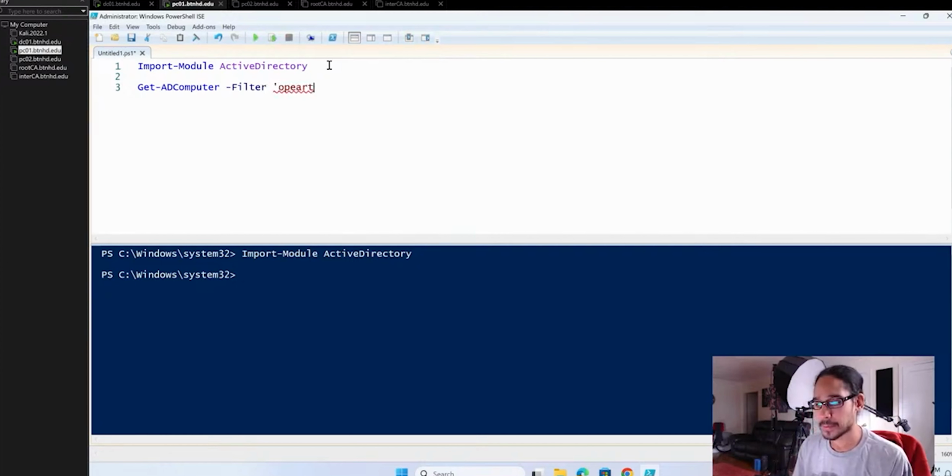It is going to be OperatingSystem, hopefully I'm able to spell operating system, space, -like, double quotations, asterisk, which is a wildcard, Server, and another asterisk, and close the quotation. We're going to hit space and -and, that's an expression, Enabled -eq, open and close quotation, True.